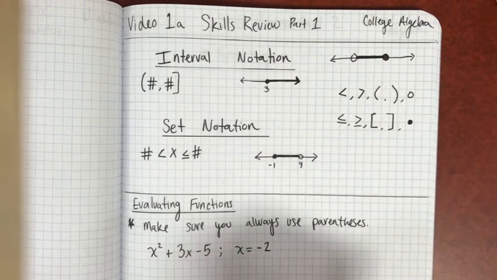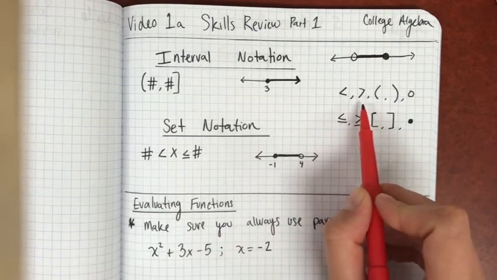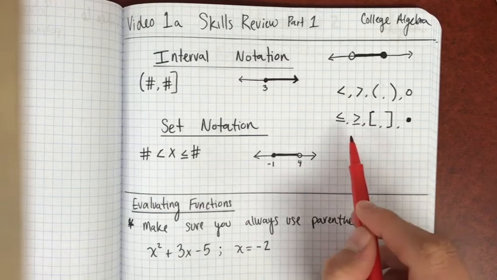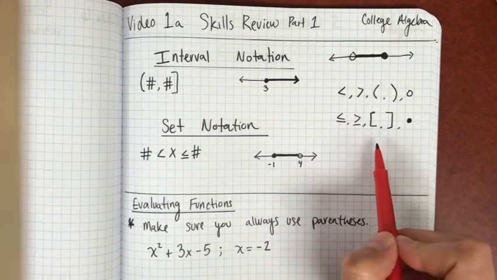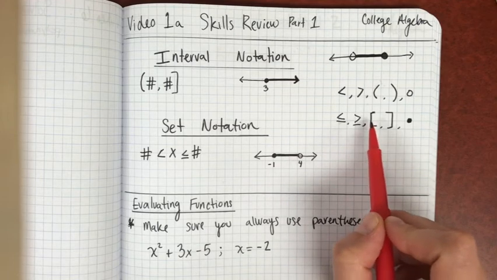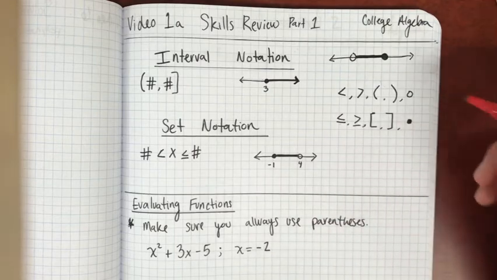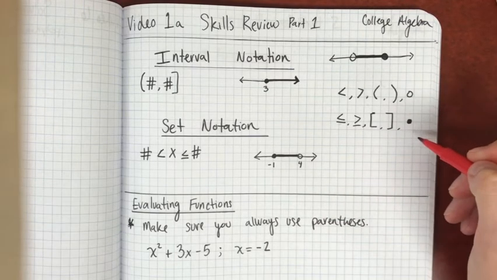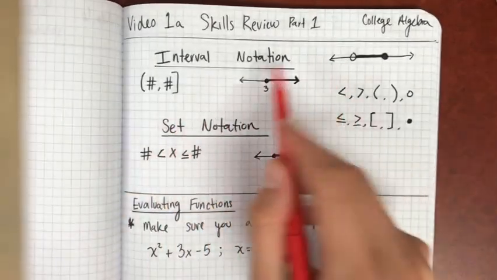Okay, so remember with these we've got our less thans and greater thans, and our less than or equal to and greater than or equal to. Now with those, we use either parentheses or brackets. Brackets for the or equal tos, parentheses just for a regular less than or greater than. And that also corresponds with an open dot and closed dot. All right, so for example, if we had